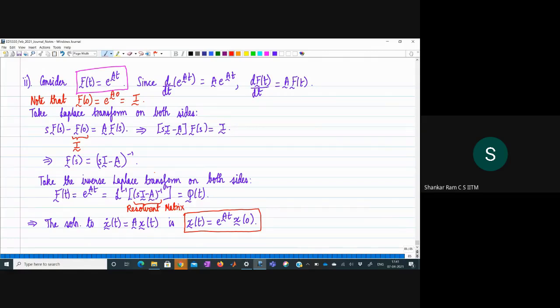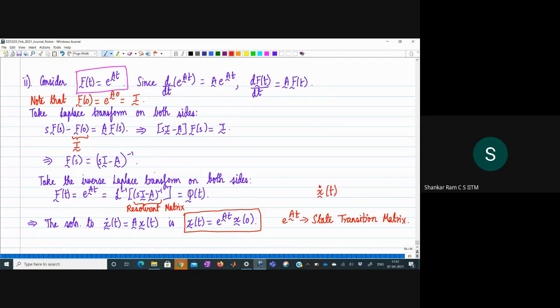Right? And e power At, due to this reason, because it comes in the solution to the equation, it is what is called a state transition matrix. So why is it called a state transition matrix? Because, if you recall the starting point of our discussion, we are looking at the state equation,